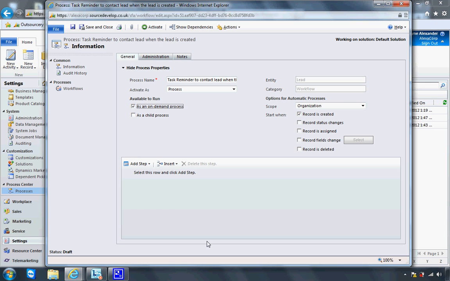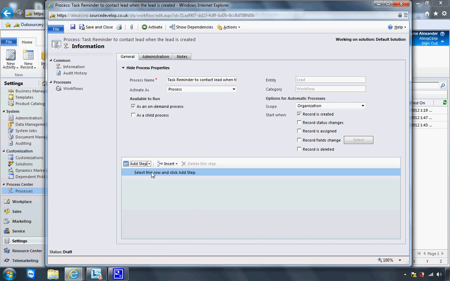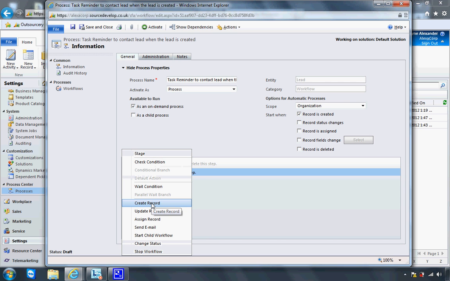Okay, so next step, after we told the system that we want automatic and we told the system how it's going to get triggered when the lead is created, what we need next is to say what the workflow is actually going to do. Now, I'm going to click on select this row and add a step, and click on the add a step drop down. These are the different options we have. We could tell the system that when a lead entity is created, we want the system to create a new record, update a record, assign the record, send an email, start a child workflow, or change the status